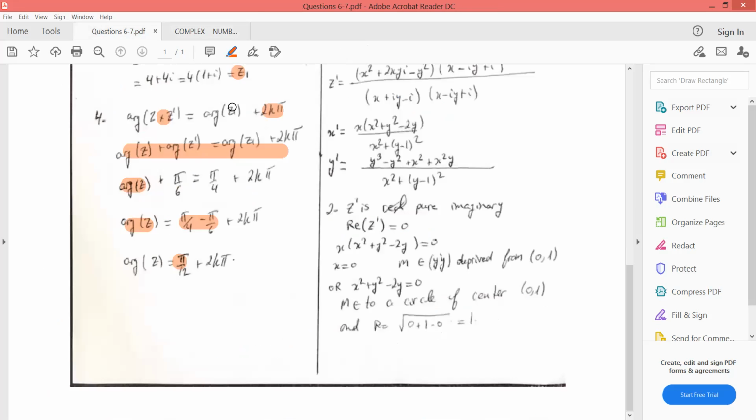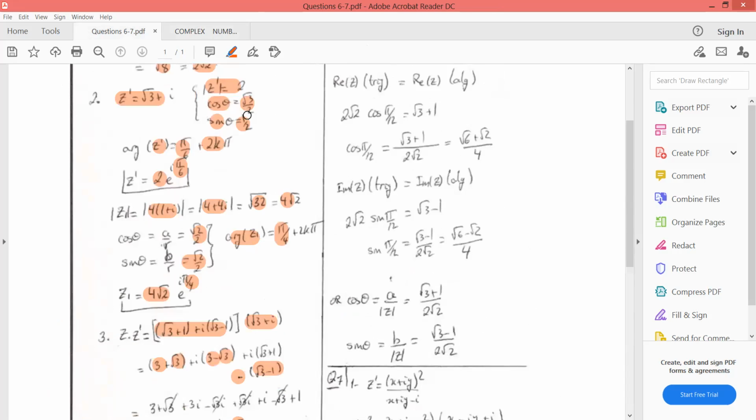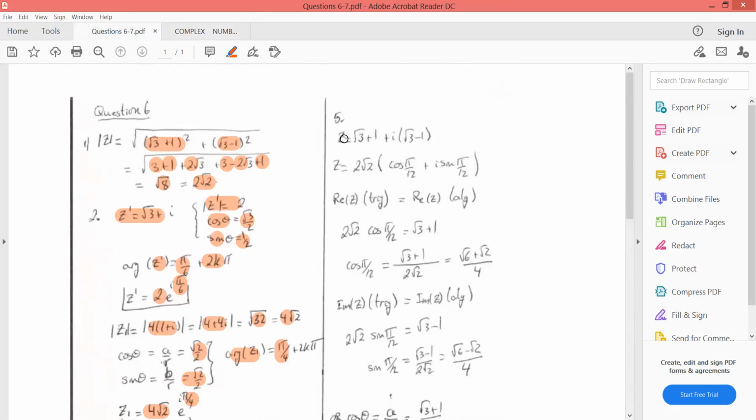Yes? Or I can do the following. Z equals radical 3 plus 1 plus I into radical 3 minus 1. This is the algebraic form, this is given. Z equals 2 radical 2 into cosine pi over 12 plus I sine pi over 12. This is the trigonometric form. Yes? Now real part equals real part. 2 radical 2 cosine pi over 12